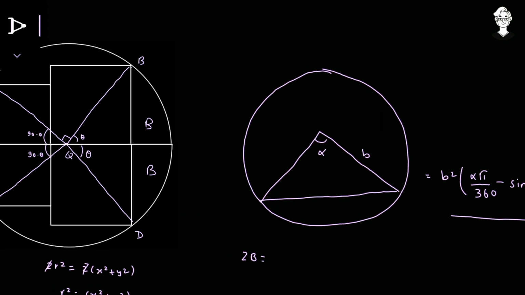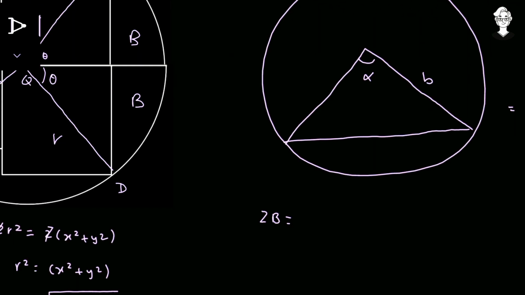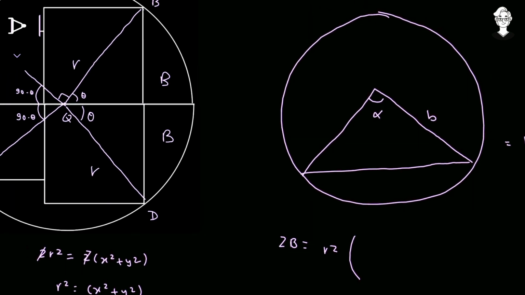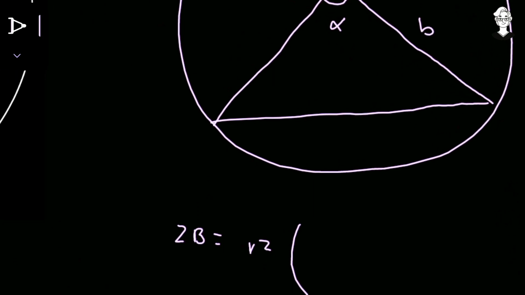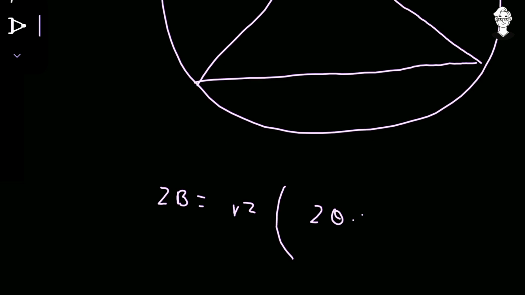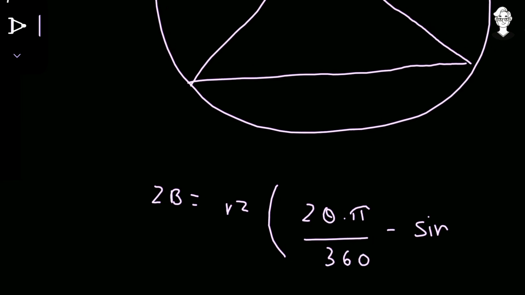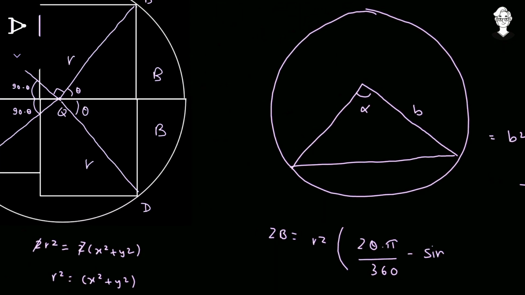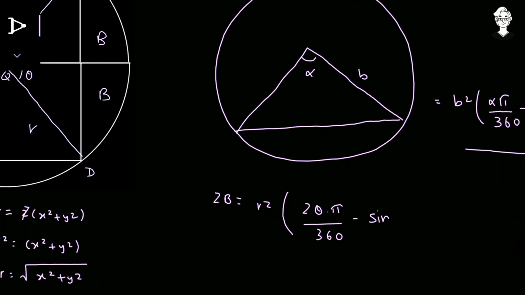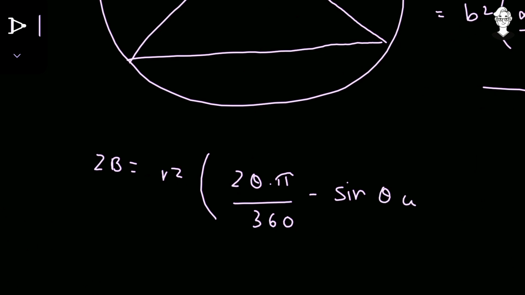So in this particular case, we have the radius equal to r, and the middle angle is theta plus theta, that is 2 times theta. So according to this particular question, radius square becomes r square into the angle subtended by the chord at the center into pi upon 360. So this particular chord BD is subtending an angle 2 times theta at the center. So 2 times theta into pi upon 360 minus sine of alpha upon 2 was present over here. So instead of alpha, we have 2 times theta. So 2 times theta upon 2 becomes theta, and similarly it becomes cos of theta over there.